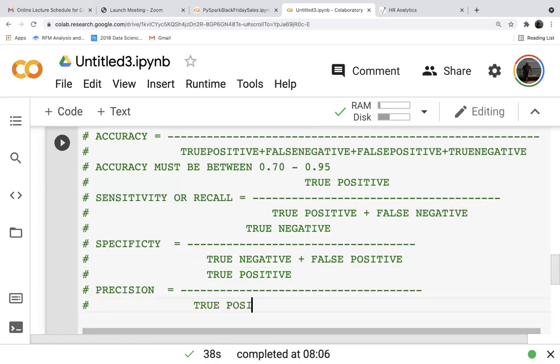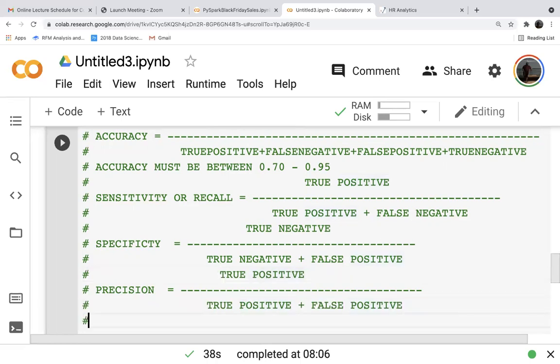This also must be higher. Precision is very important when you are detecting frauds, fraud detection, anomaly detection. What precision tells you is how many positives have been classified as positives overall.